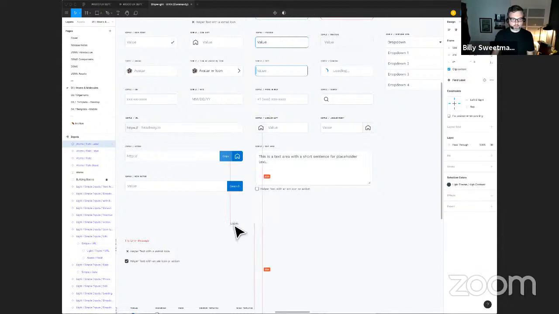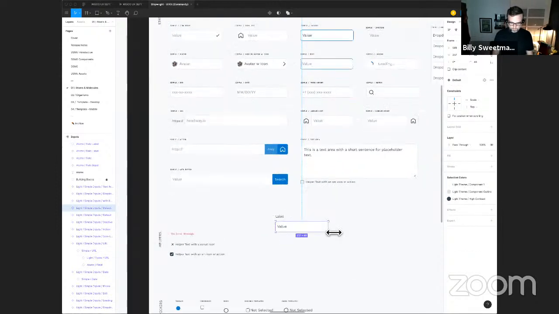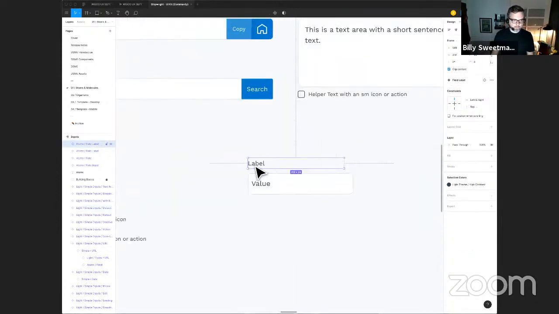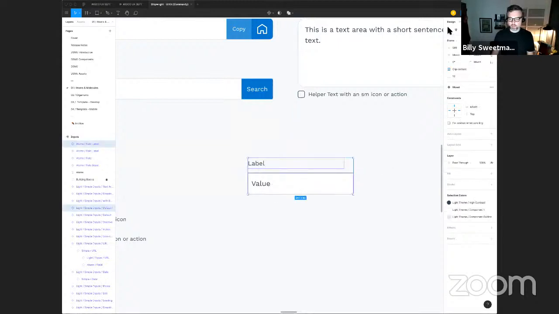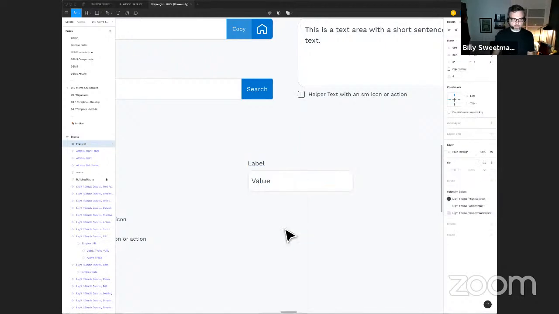Please don't scale. There we go. And then we'll just take default and we'll set it up that way. So here I've got my two children objects. I'm going to make sure they're aligned properly. We're going to do 8. We're going to cheat on our loose 8-point grid, and we're going to go 4 just to bring it in a little bit closer. And then we are going to group that and then frame that selection, and we'll call